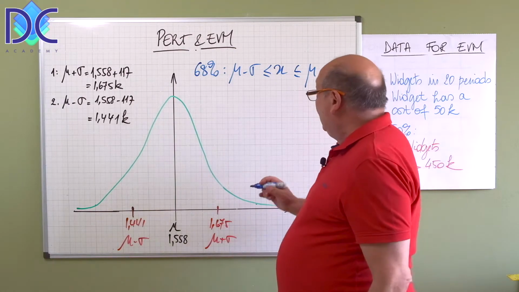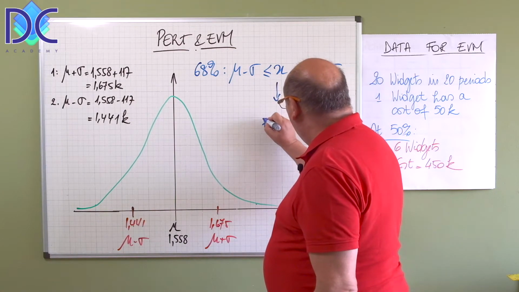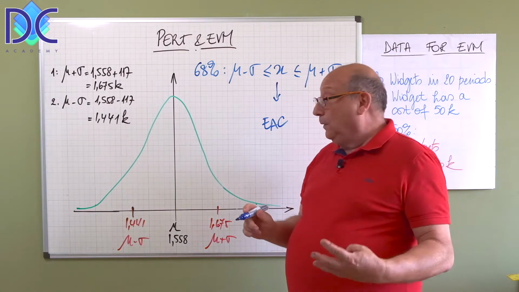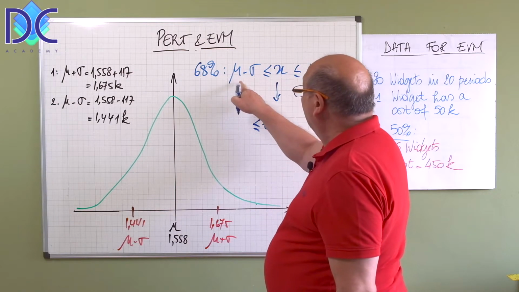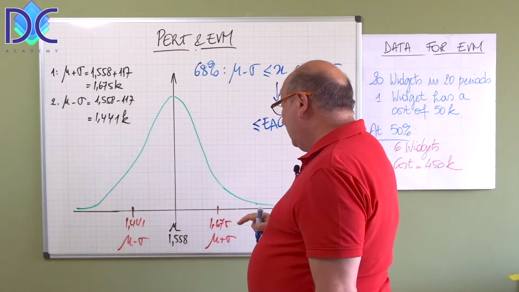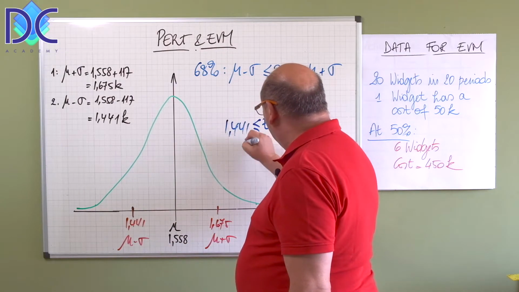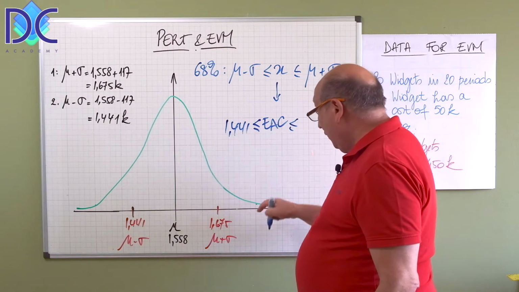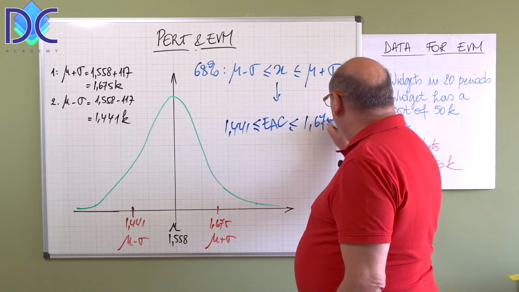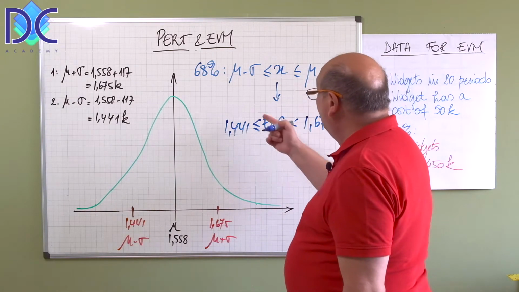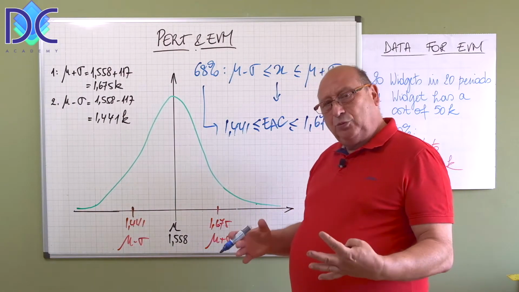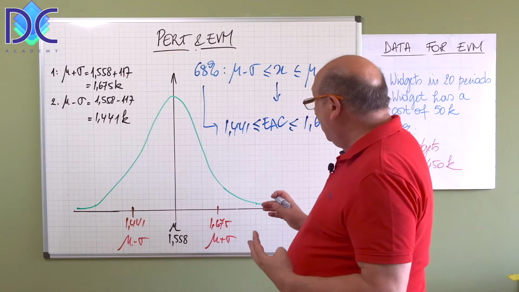So in our case, when we apply this, we can say that the expected at completion will be between the average minus 1 standard deviation, or 1,441, and the average plus 1 standard deviation, which is 1,675. Now this is 68%, and normally we don't like 68%, but we can also say what is the probability